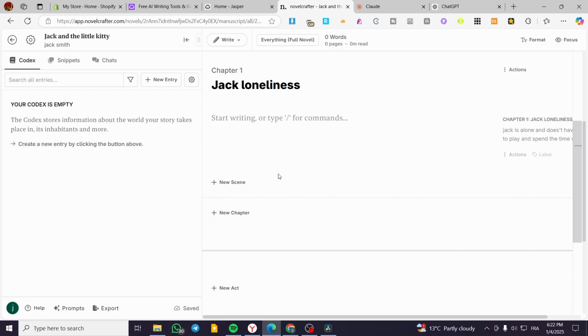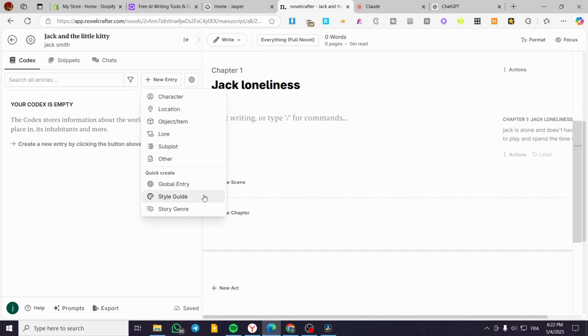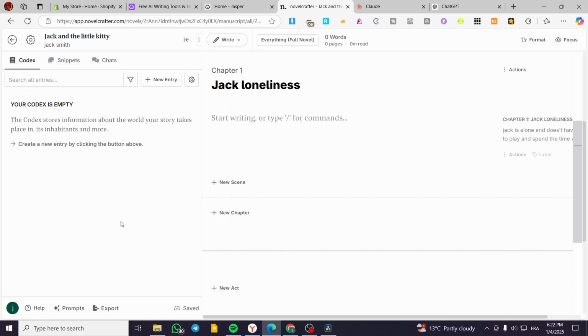So aside from here, how can we get the characters going on? You can go ahead and add a character by clicking on a new entry, and then you are going to add the character, a location, an object, a lore, subplot, or whatever. So basically, this is not going to be for beginners, and it is going to be a platform that will be used step by step, and how we can make that platform rich and also,